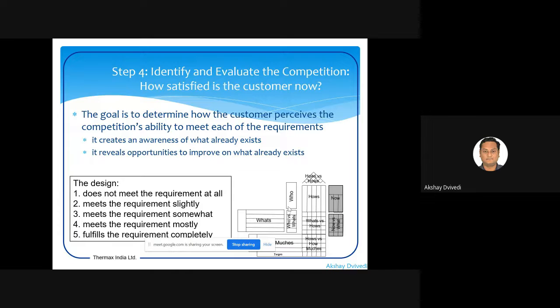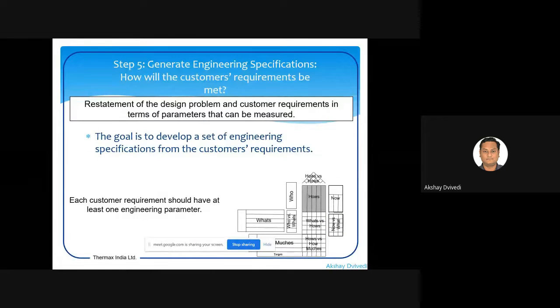So we are right now at the case where we have to identify and evaluate the competition. See, your product can give better outcomes if you know what the existing thing in the market is, and then you can try to deliver a better product compared to that. So that competition part comes on the right hand side. Once you do this, the technical descriptors and their analysis come into the picture. So basically we are working on that house part.